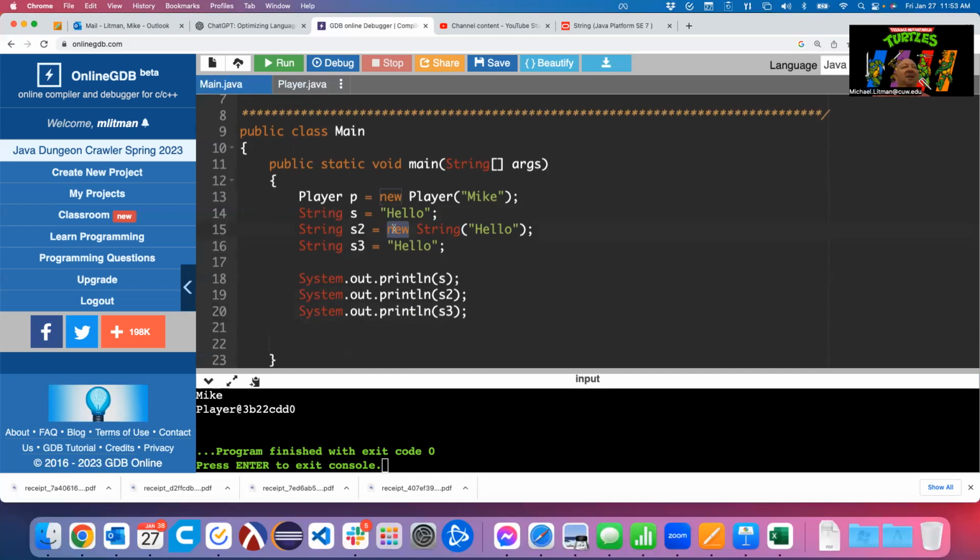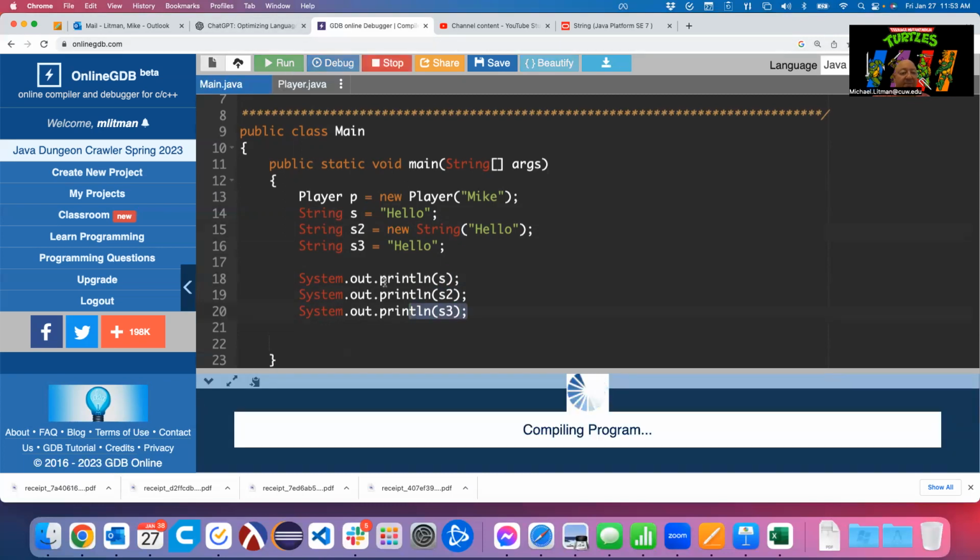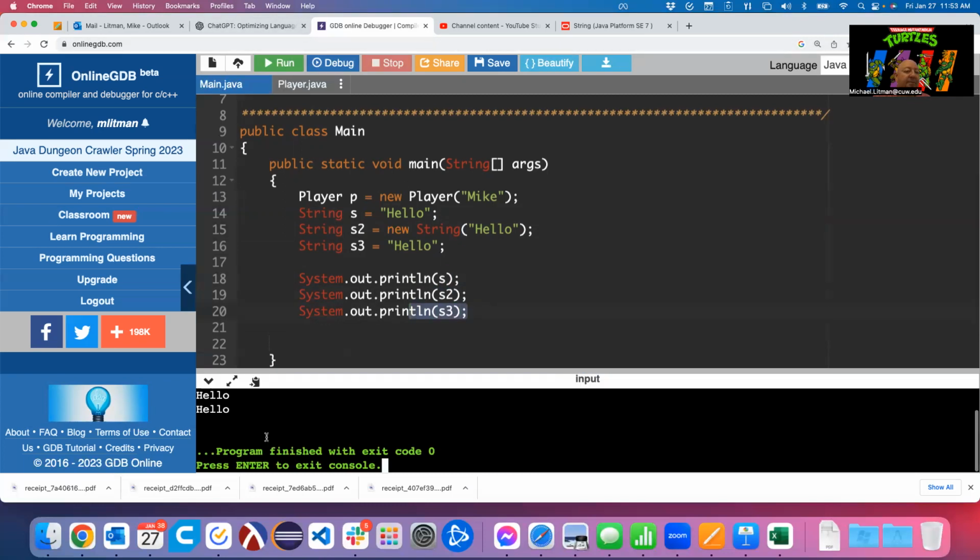If you remember, I said, it's very likely if the new keyword's involved, you're going to get a memory address. So if we operate only off of what I said before, we should get probably hello, memory address, hello. But we won't. We're going to get three hellos. All right. So there's our three hellos.